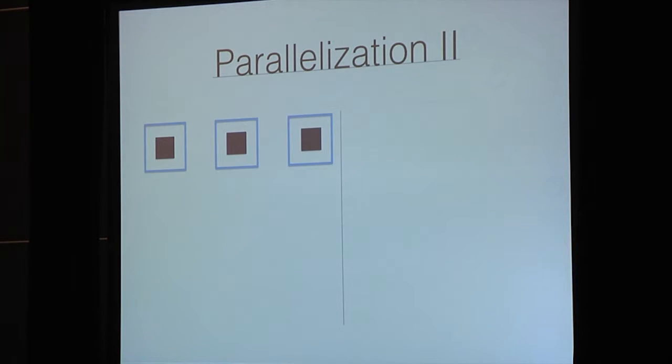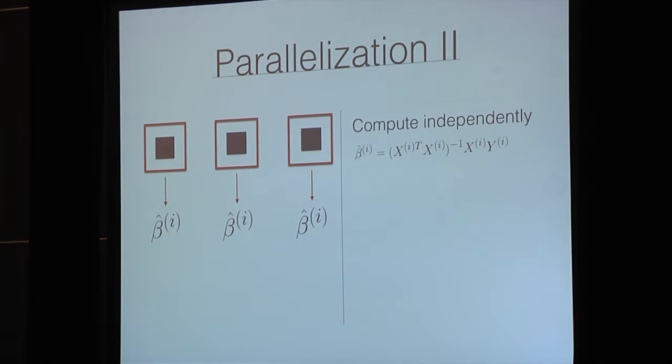Let's come back to the system. It's the same as before. You put all your subsets on the machines. Now this time, instead of asking them to work together, we ask them to work independently on their own. That is, you ask each machine to find its own solution to this linear regression problem. And next, your master machine is going to collect all these solutions and directly combine them to get a final output. So in this system, the communication is limited to only the last step.